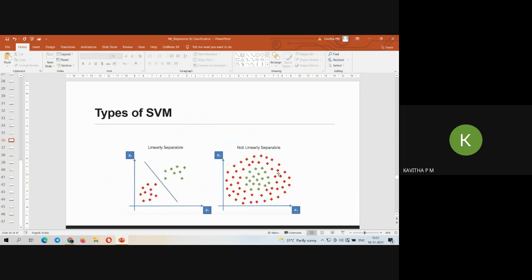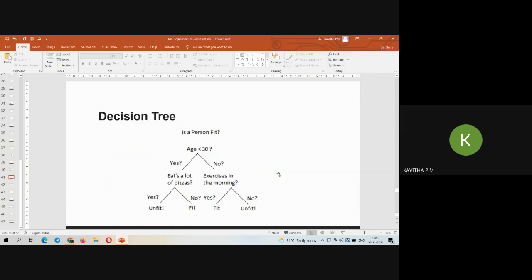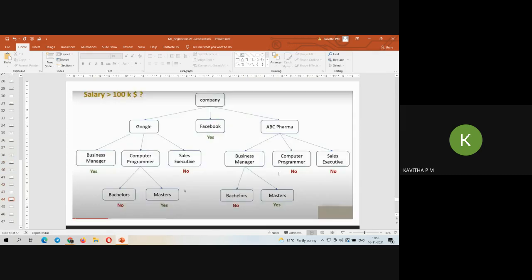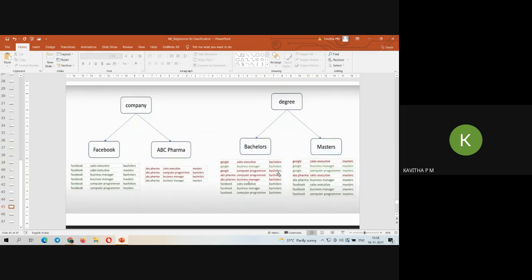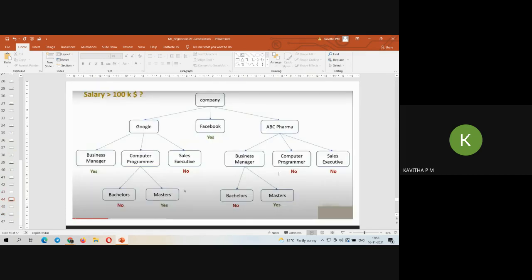This is how we deal with computer science. It is not that computer science deals only with the theoretical part. Computer science generally deals with lots of mathematics and statistics. In the same way, entropy is also one of the statistical methods we use in order to group up the data, and then by using the decision tree we'll be grouping. For example, how will I group the staff who have completed only a bachelor's degree? By identifying some features with them, or by cross verifying their certificates, I can group them as belonging to the bachelor's degree.